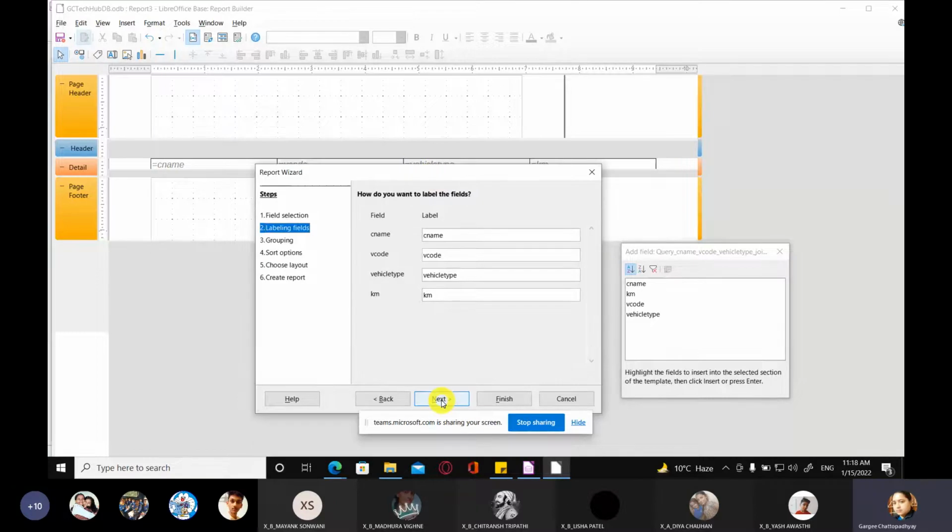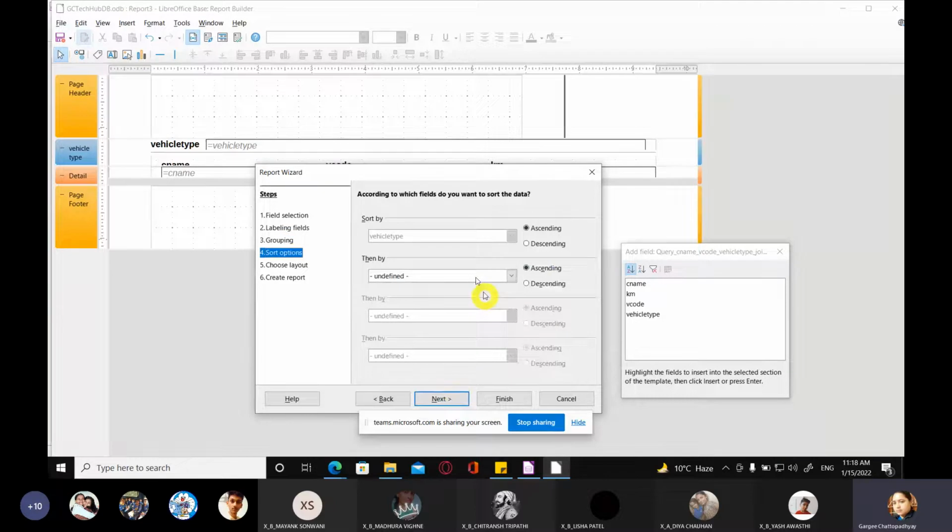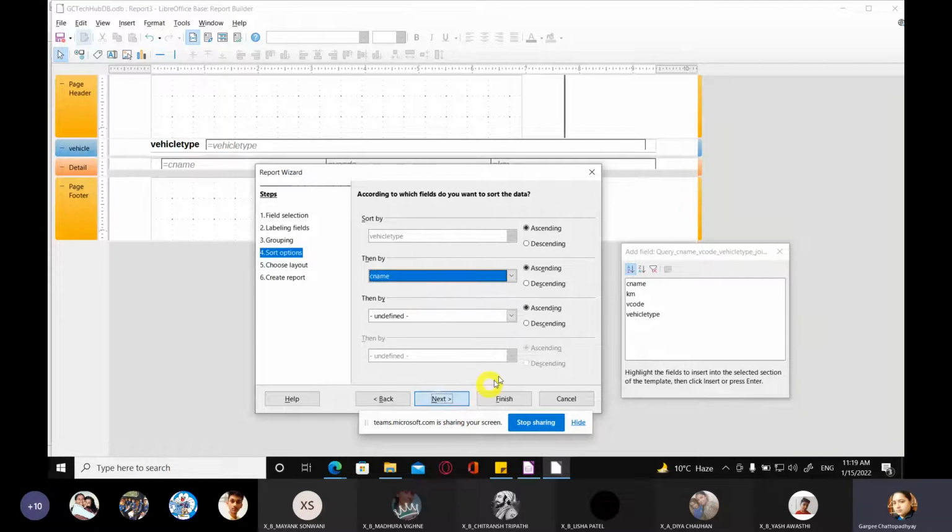Then we go to next and add grouping fields. Yes, so I'm going to group everything based on vehicle type. So I'm going to send vehicle type to grouping. Then go to next. So now next is sorting. Already it will sort according to vehicle type, and within each vehicle type, it will sort according to customer name. And then again we go to next.